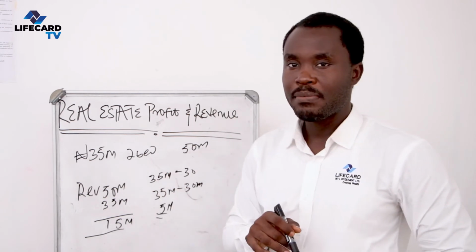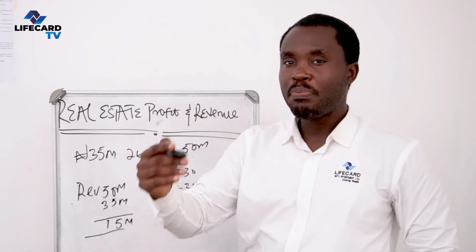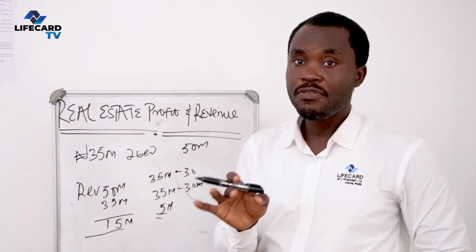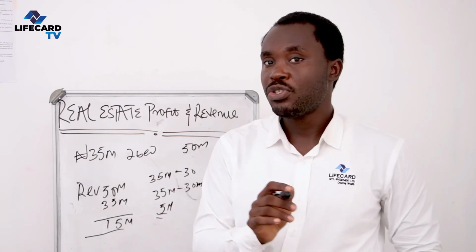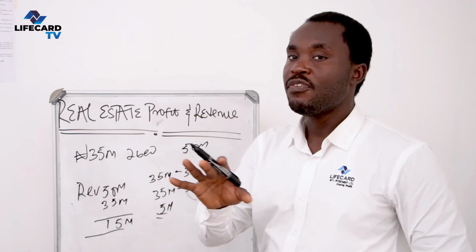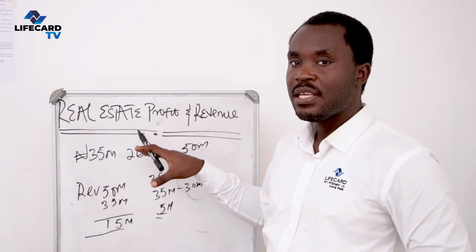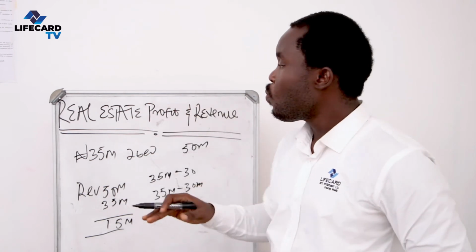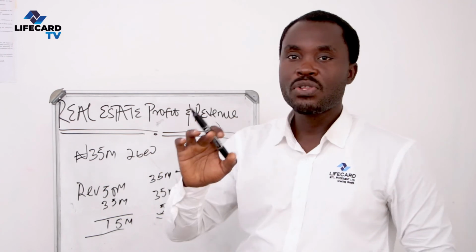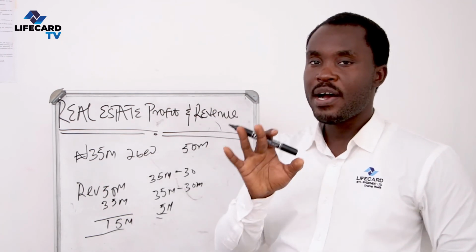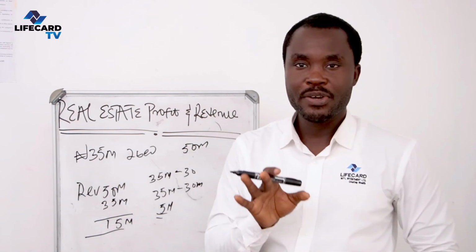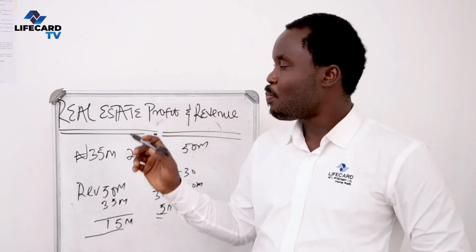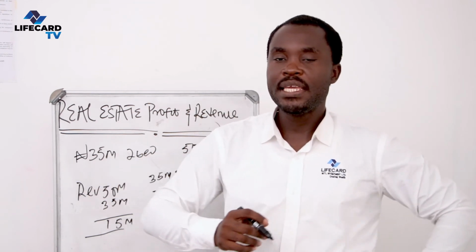So it's the same thing for apartments. If you intend to buy to flip, then you also need to know the going market rate for the apartment. If not, you might be making a wrong choice. So guys, this is why it's important for you to understand what your revenue is, what your profit is, and how you can know the difference between them, how you can calculate how you're making profit in real estate. Once you understand this, added to your technical analysis before you invest, you are on a short path to knowing that you're making the right investment call. But if you don't know the difference between your real estate revenue and your profit, there's every tendency that you are making the wrong choice.